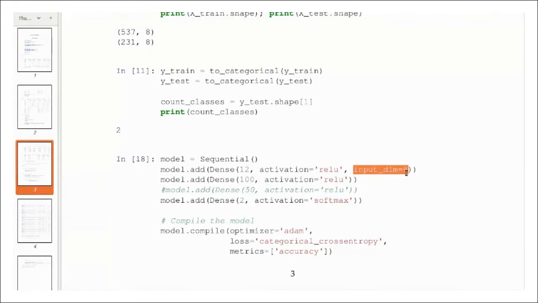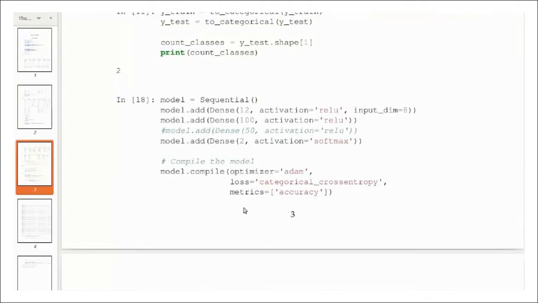The model is ready. You can print the summary. You can check how many parameters are to be learned. If you want, you can change the number of neurons, but this should be correct. That should be the connection. You cannot put more than 8 or less than 8 in the input layer, because 8 features are there, so there should be 8 neurons in this layer, and weights and bias will be initialized randomly.